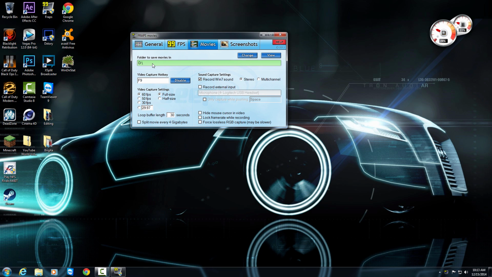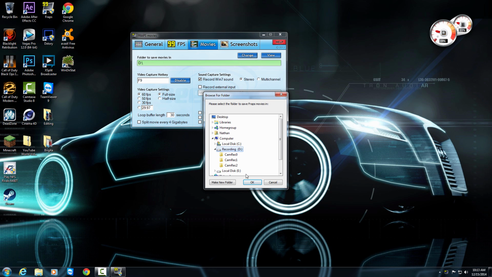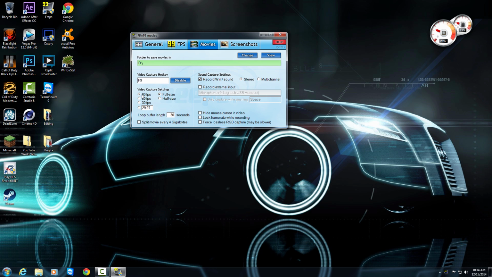I have my things saved to my D drive. I have a dedicated recording hard drive here, just for stuff like this. And I map DXtory and Fraps all to this hard drive as well. Previously, I was using my E drive, but I'm now choosing to use this one. So, yeah. Anyway, I have it at 60 FPS in full size. That works pretty well